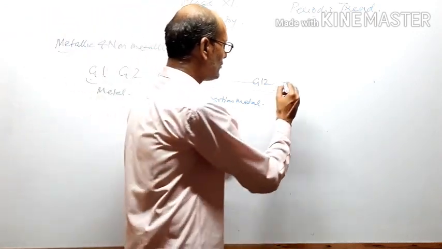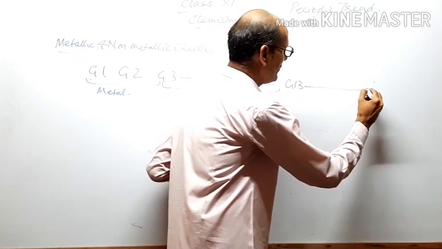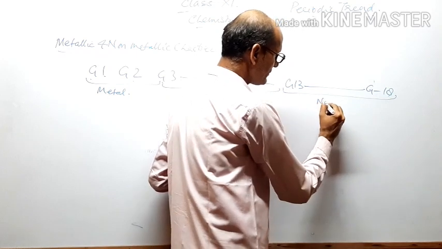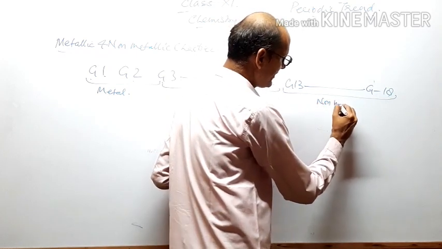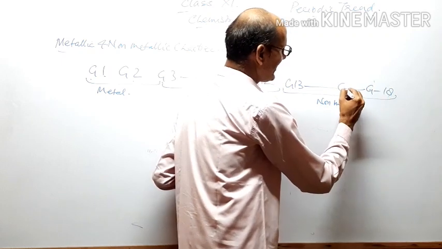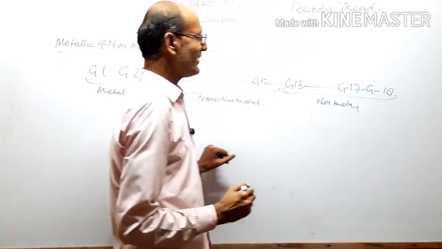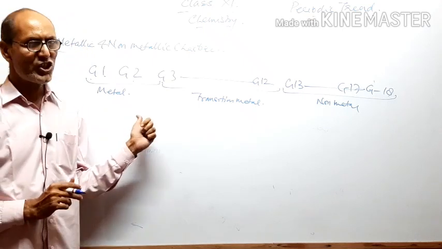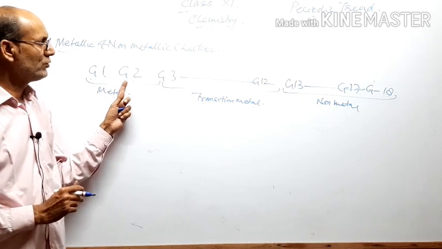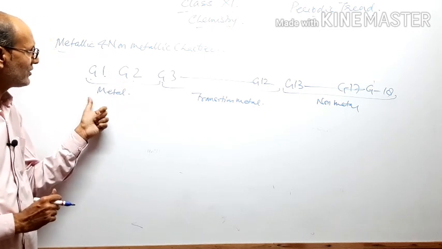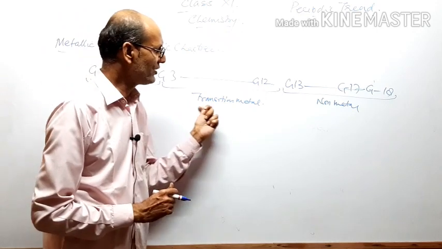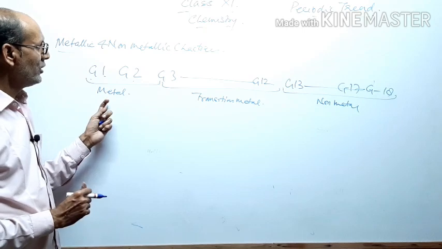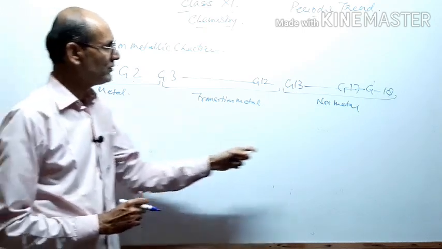Moving towards group 13 to group 18, they are generally called non-metals. They are p block elements. Group 17 elements are most non-metallic. So what is the conclusion by seeing this representation? That means group 1 and group 2 are metals. When we move from group 1 to group 2, group 3, group 4 and to 17, the metallic nature decreases and elements convert from metal to non-metal.